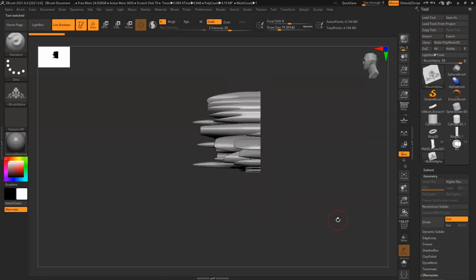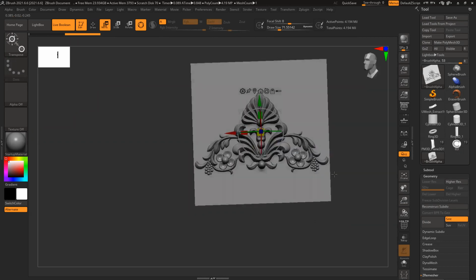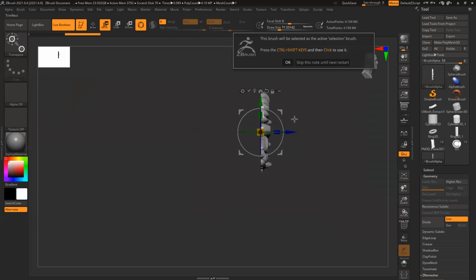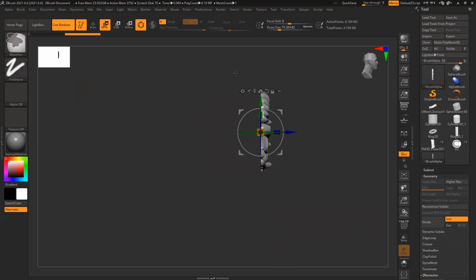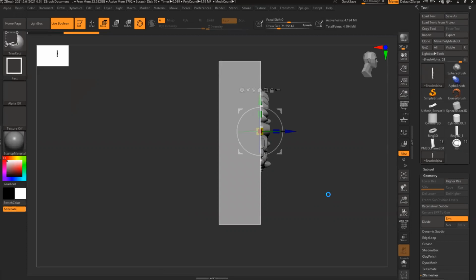alpha geometry. But the height and all these things are way too much. I have to reduce it, make it more correct and accurate, and then I can use Trim Rectangle, Control Shift, and just cut this base side. It's pretty heavy. You can see it's 4.194 million. It might take a little time.